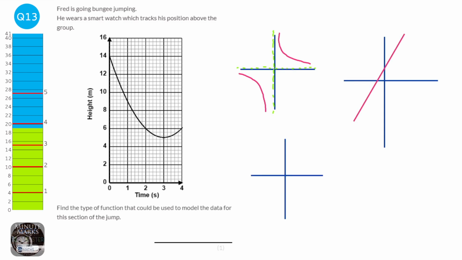Then we've got an exponential graph. An exponential graph just starts really small and then really increases like that and just keeps going up. And here we kind of have that, obviously the other way around, it starts going down, but here it's actually going up, so it can't be a reciprocal graph. So the graph that this is, or could be, is a quadratic graph because it's a nice U shape. So if we carry this on, it could be a nice U shape. It could also be a cubic graph as well. So it could go up and then down and then up, and that's a cubic graph. But the most obvious one is a quadratic graph. So quadratic